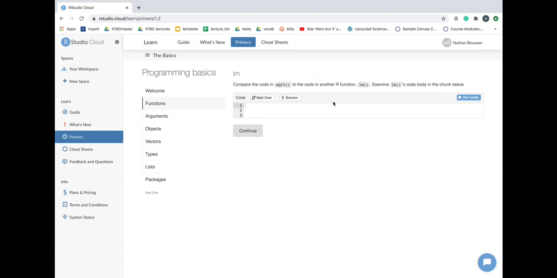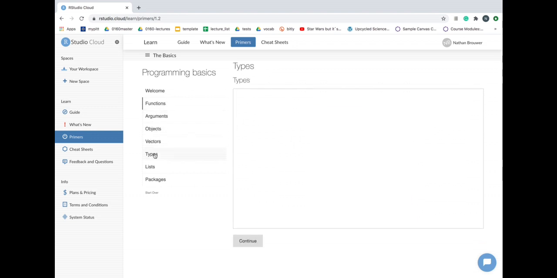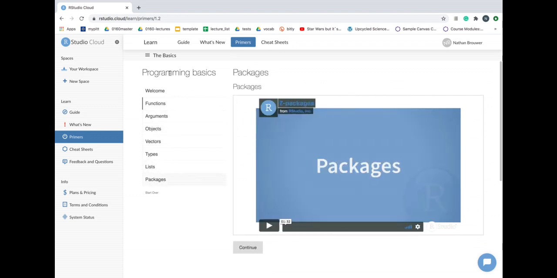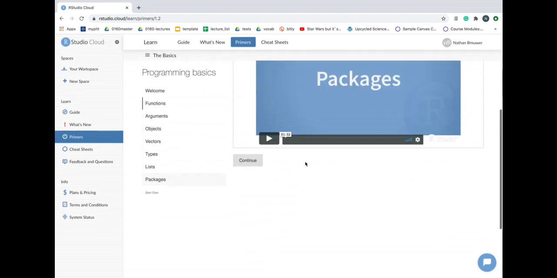And then if I was interested in the rest of this primer, I could continue on through. And again, I encourage you to explore these primers and use them. There's a useful table of contents here, and you can go back and forth through